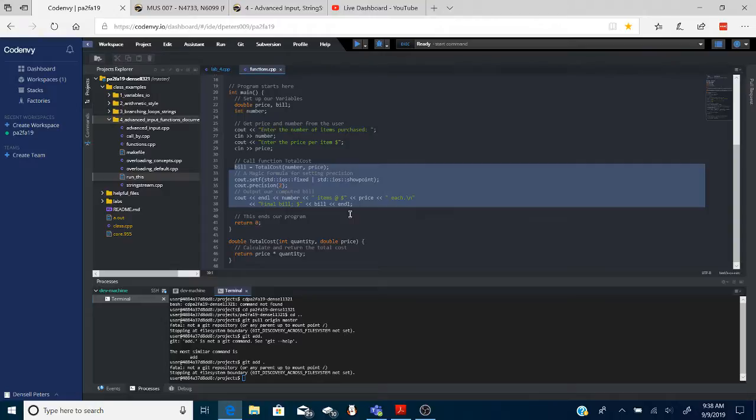Because everything in code is top down, if I want to use the function in main, and I write the function below main, it has no idea about that function. So the declaration says, hey, it exists. And then the compiler does the work to get everything to sync up. It's like, I can't use X until I declare it. So in this case, I can't use function totalCost until I